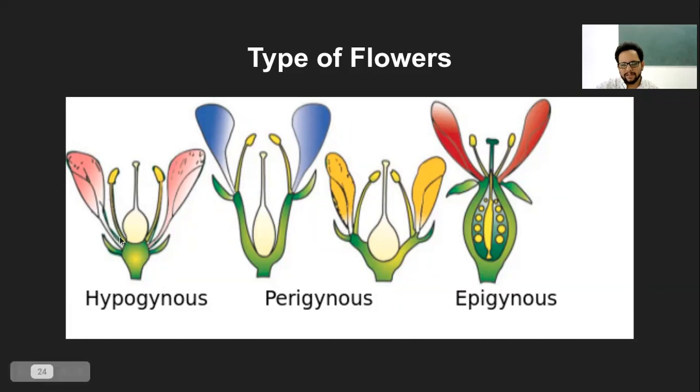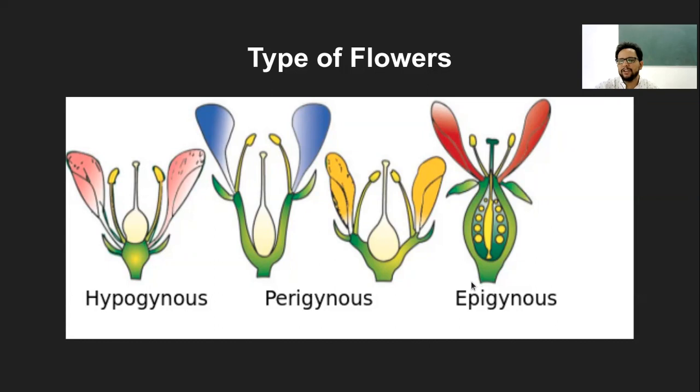You can see your stamen, the petals, the sepal or the thalamus, they are all starting from below the ovary. This is the ovary. That is hypogynous. Perigynous is on the sides, that means next to the ovary they will start. So it can be like this or like this. Again, stamen, filament and anther, petals as well as sepal. And this is the thalamus, which is separated into two sides here, but ideally it will be all around the ovary. This is a two-dimensional view. That is perigynous. Peri means on the periphery, that is on the sides.